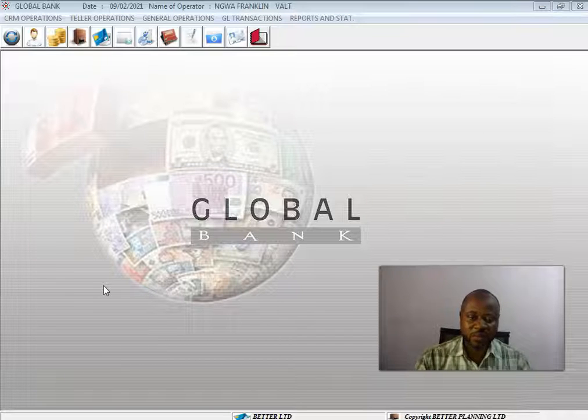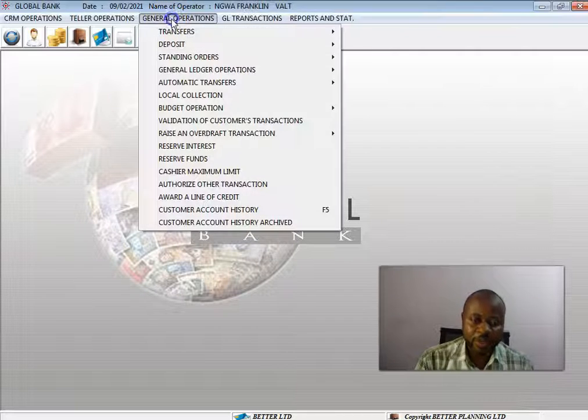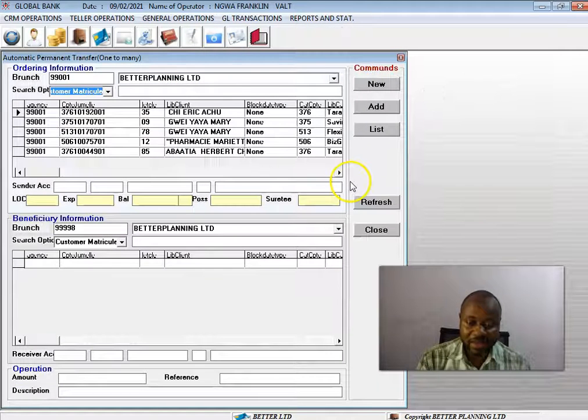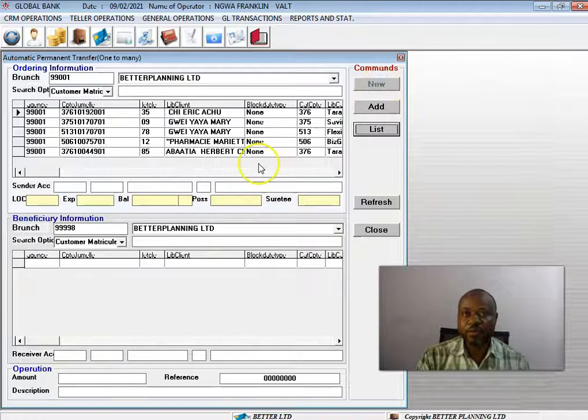So what we do is we go to the general operations menu here, and we go to automatic transfers, and down here we have transfers one account to many accounts. Now this brings up this window where we tell the system that we're going to begin a new transaction by clicking on the new button right here, and over here we have to select the branch of the fee